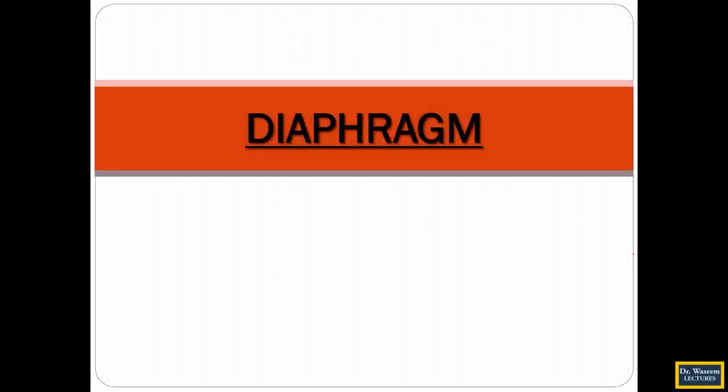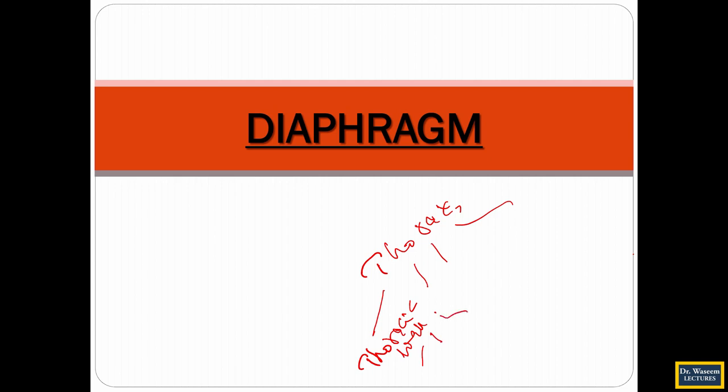Now, in this session, we are going to discuss a topic in the thorax. It's called the diaphragm. We have already told you that we can divide this entire thorax region into four basic components. First was the thoracic wall, and in the thoracic wall there are basically three things which you have to discuss. One is the thoracic cage, another is the thoracic apparatus,